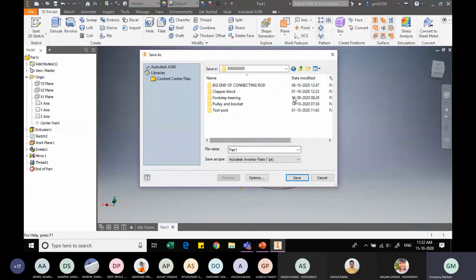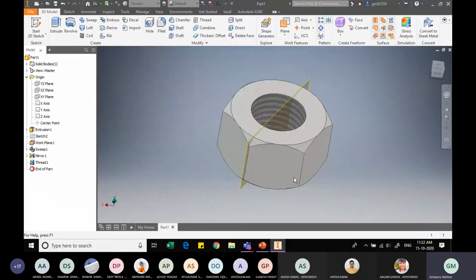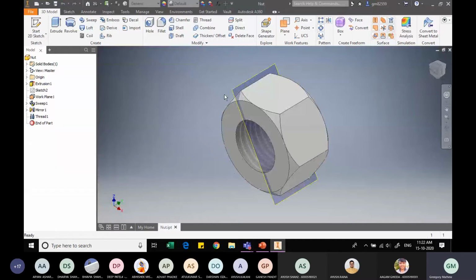Here, let me create a new folder, which goes by the name details, fully and bracket, and I will save the component by the name nut.